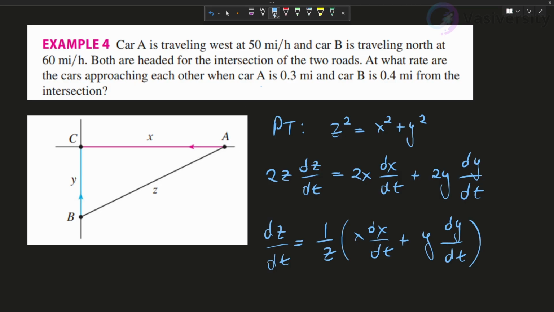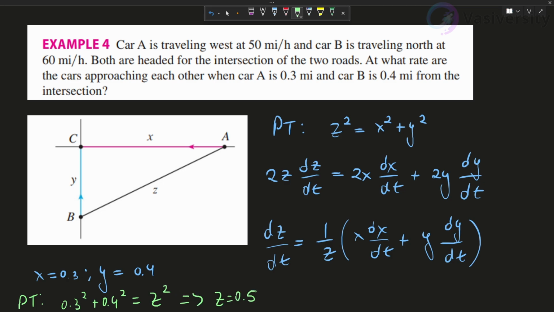Okay, so we're given by the problem x is equal to 0.3, y is equal to 0.4. So we can use Pythagorean theorem to find z at this moment, right? So it's 0.3 squared plus 0.4 squared is equal to z squared. So z is equal to 0.5. Okay, so now plugging in. So we know that